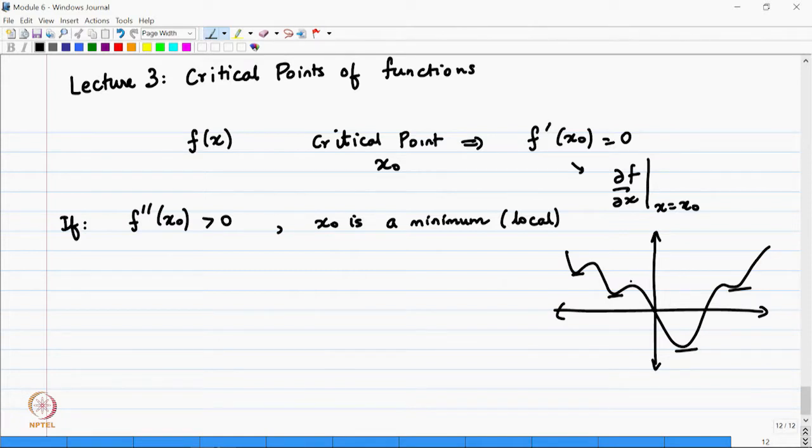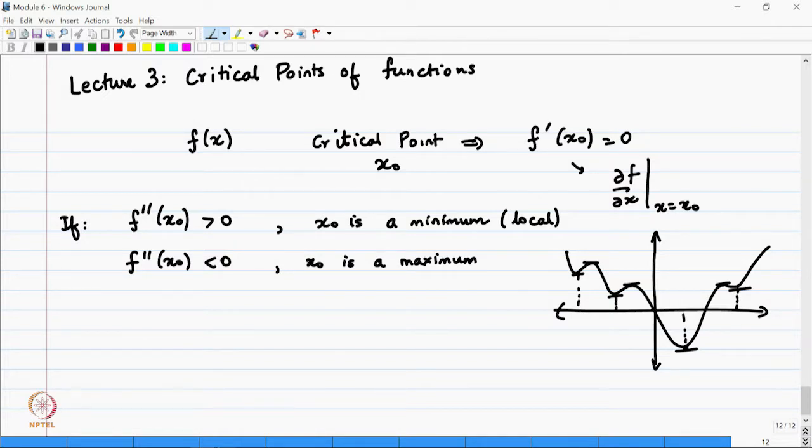Similarly, you can have local maxima also. So, each of these is a local maxima. Now, the global minimum of this function is right here. This is the minimum value of the function, but the first derivative will be 0 for each of these. Each of these points will also satisfy minimum conditions. If f double prime of x 0 is less than 0, then x 0 is a maximum, and again